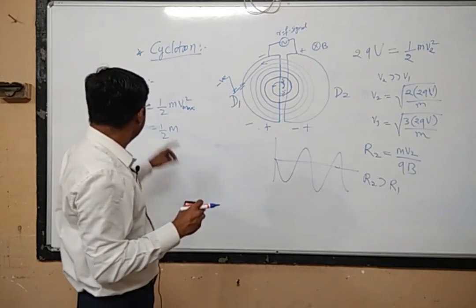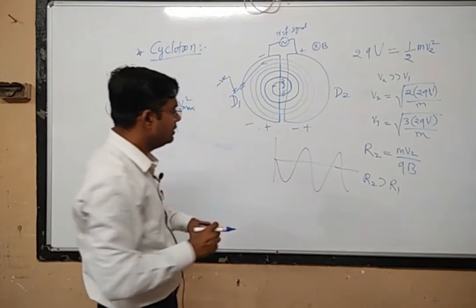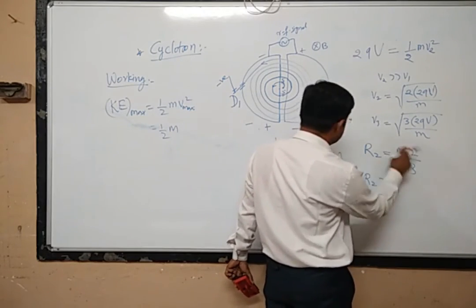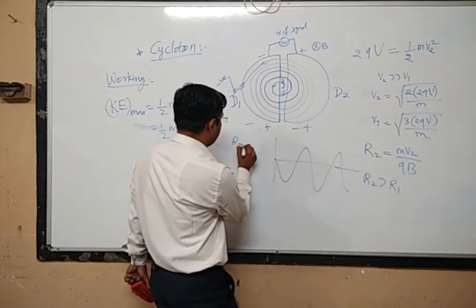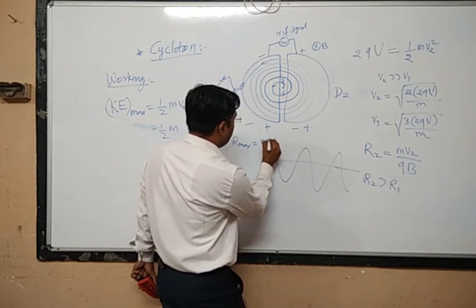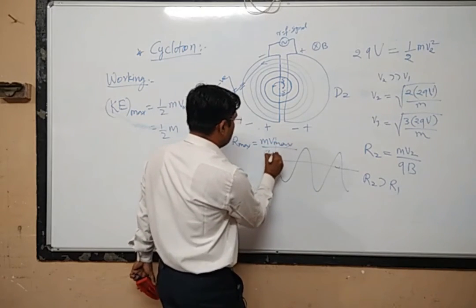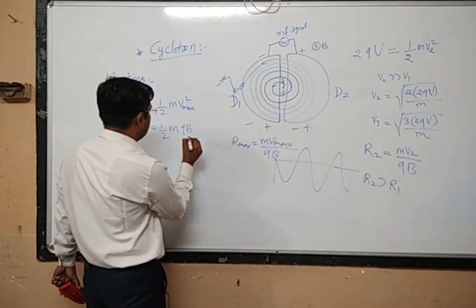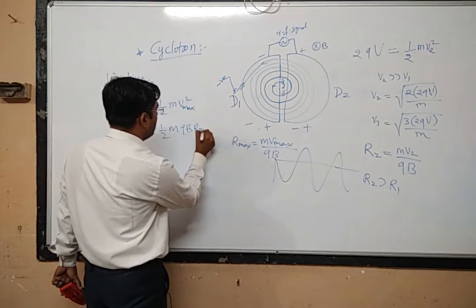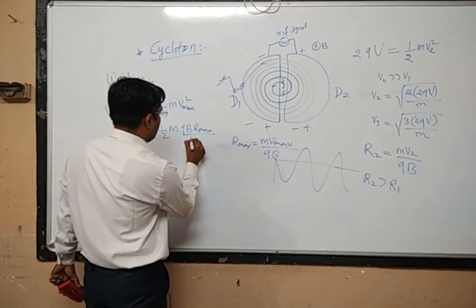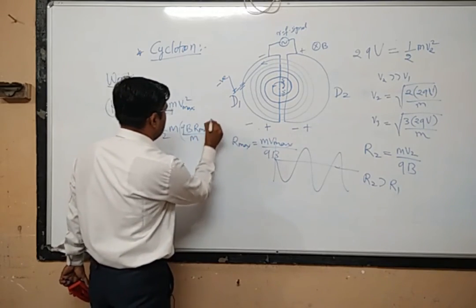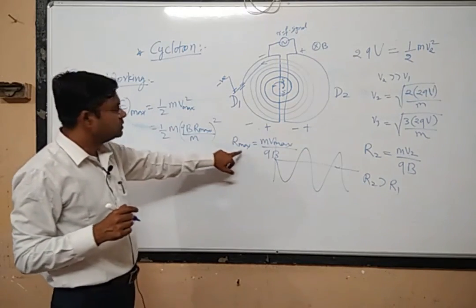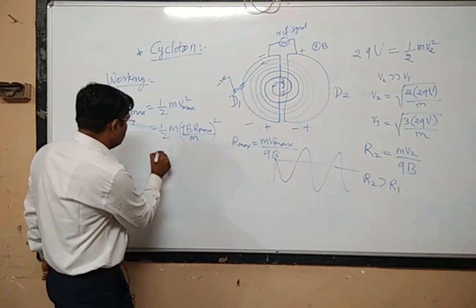Right. So what I will do is write the expression for kinetic energy in terms of radius, right? Instead of v square max, how will this particular radius equation change? It can be written as r max equals m times v max divided by qB, right? So v max will be equal to qB times r max divided by m, and we have to take the square of this, okay, because there is a v square. So I am writing the value of v square in terms of r, okay. So let us solve this.